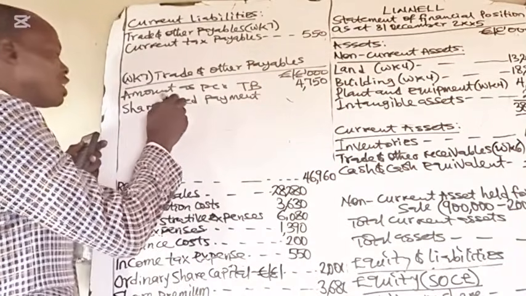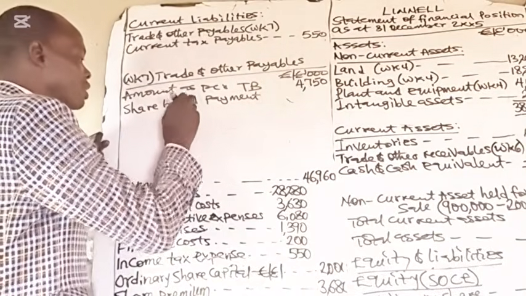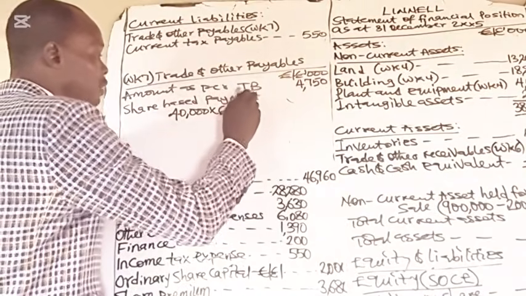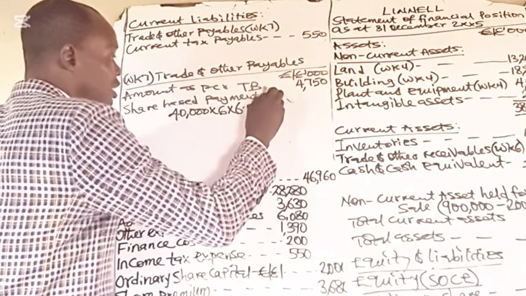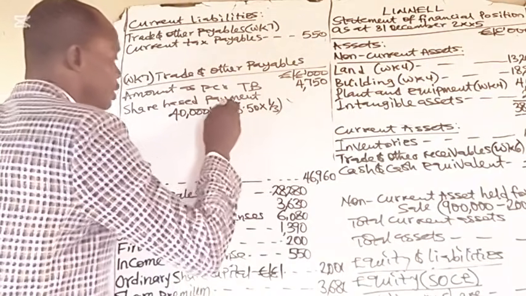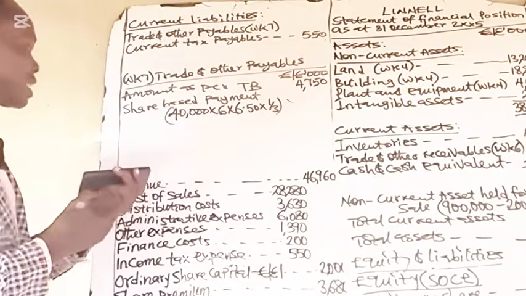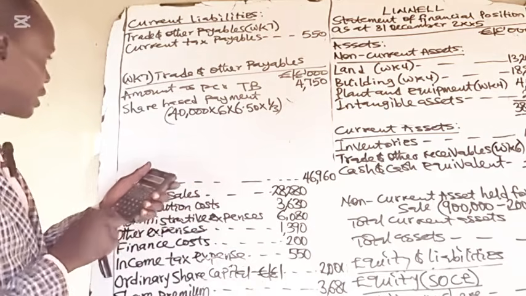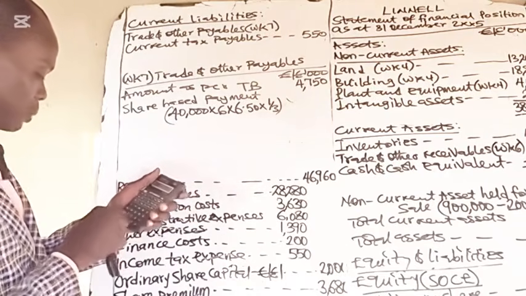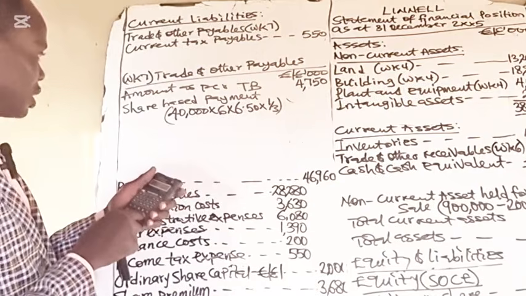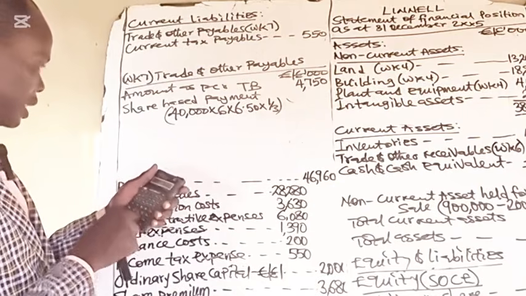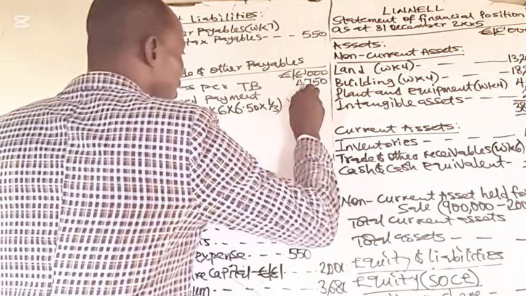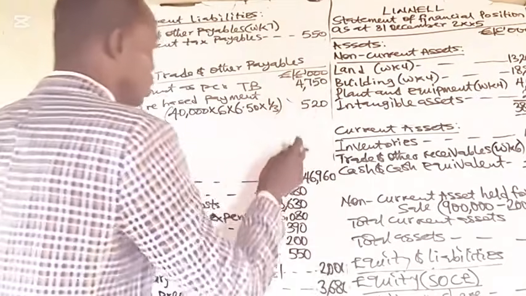Share-based payment liabilities will be 40,000 times 6 directors times 6.5 times 1/3. So that is the amount that will be recognized as liability at the end of 2005. 40,000 times 6 times 6.5 times 1 divided by 3 gives us 520,000. If you add this to this,